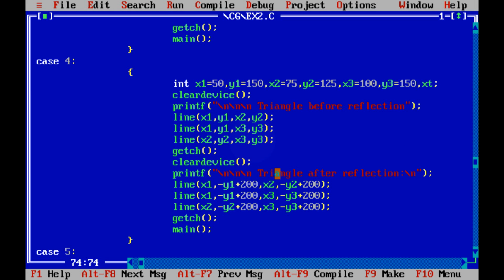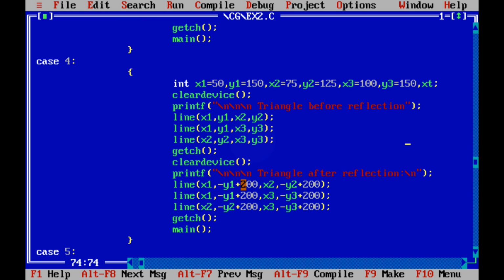And then we are printing triangle after reflection, and then we are drawing the lines. So as I said, in order to reflect about x-axis, we need to interchange the sign of y's. So I'm just saying x1 minus y1, so wherever y comes, I'm just putting minus y.